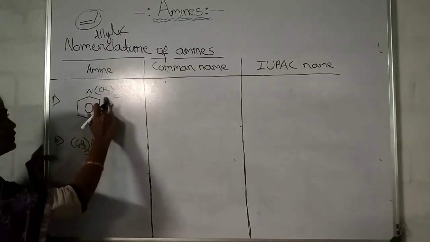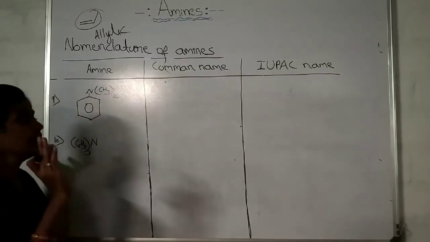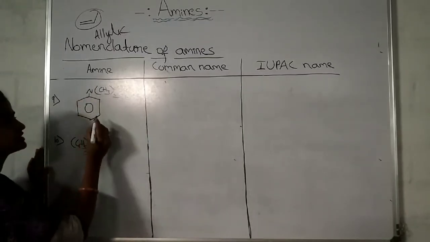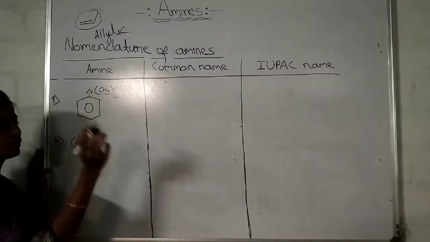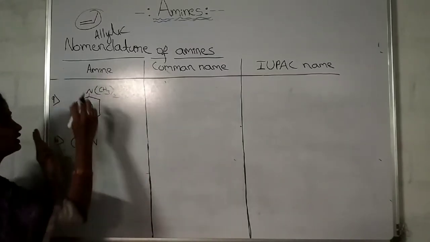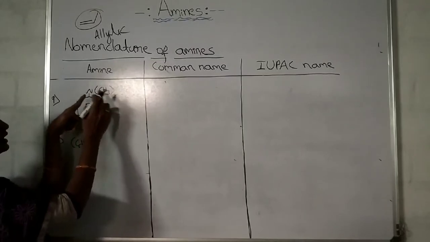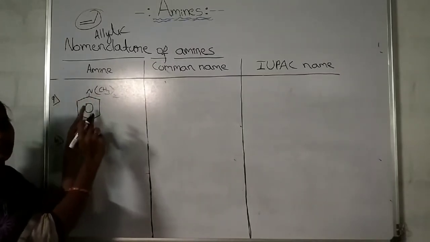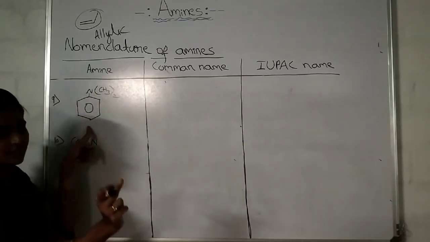Benzene ring, to which 2 CH3 groups are there. Before naming, you should understand the detailed structure of that. How is this structure? To the nitrogen, 1 benzene ring is a substituent and 2 methyl groups are substituents. You need not write it like this. You have to understand, with the nitrogen no hydrogens are there, which means it is an example of a tertiary amine. It contains 3 substituents.